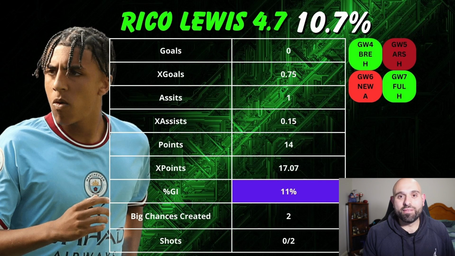I don't have him because I am trying to get to game week 6 wildcard. The fixtures don't look amazing for Rico Lewis around that time, but I think if he even is at 4.8 by that point, he's going to be someone that I definitely consider on a game week 6 wildcard as an enabler to get into the Man City defence.